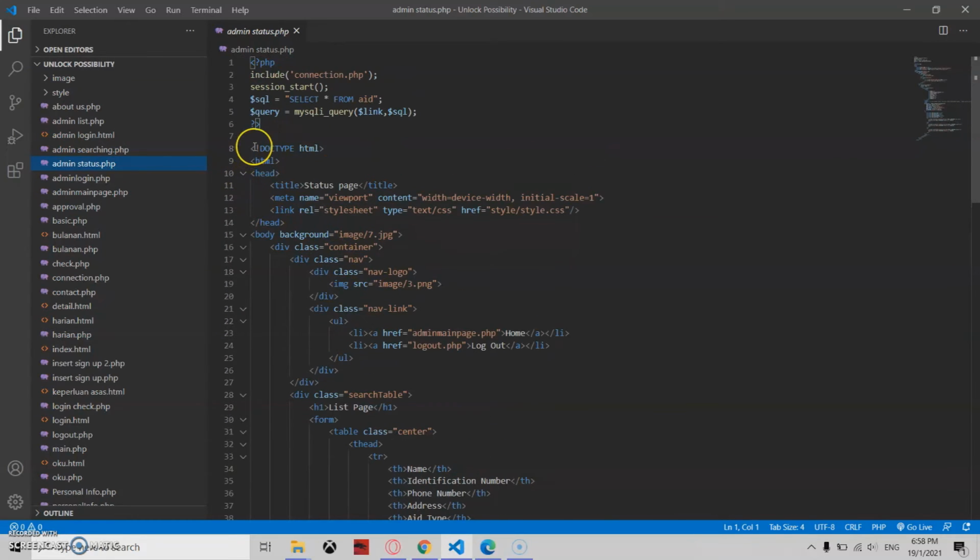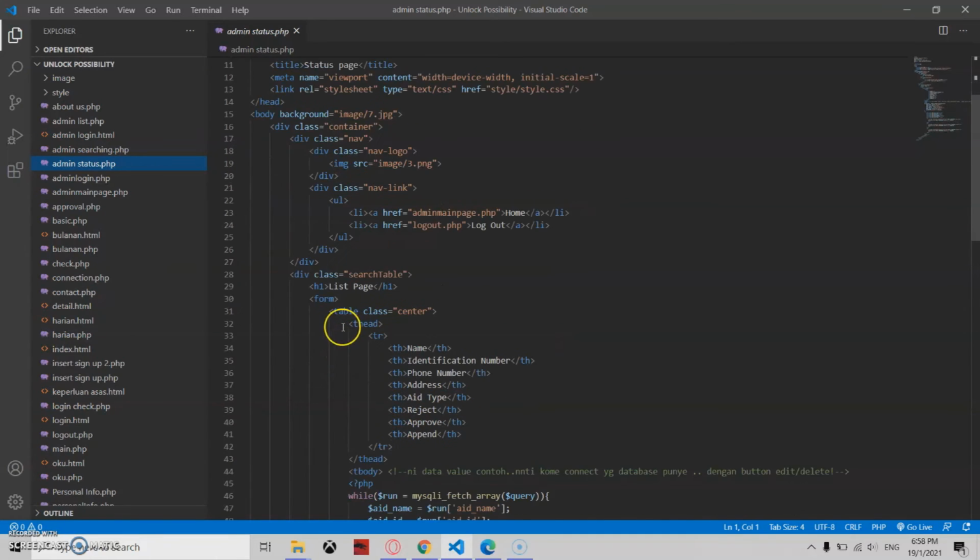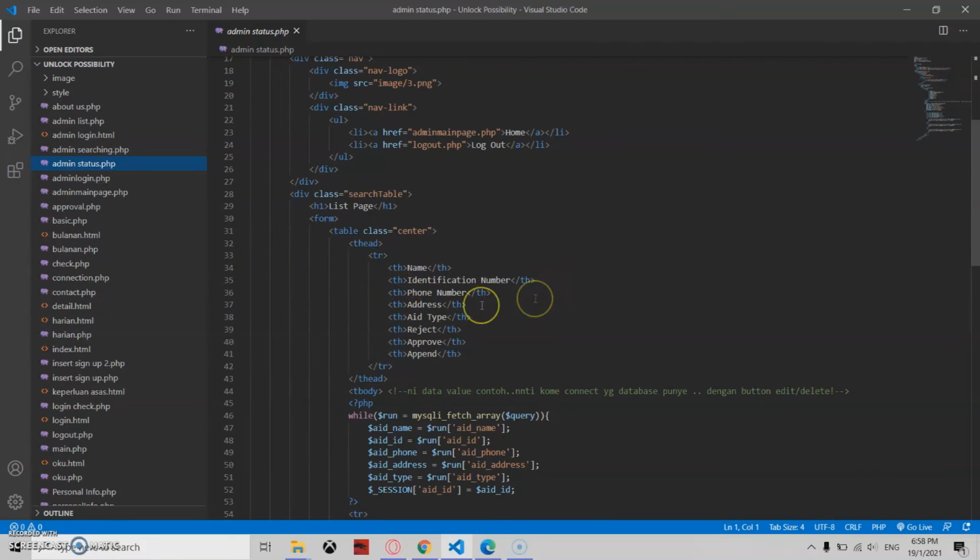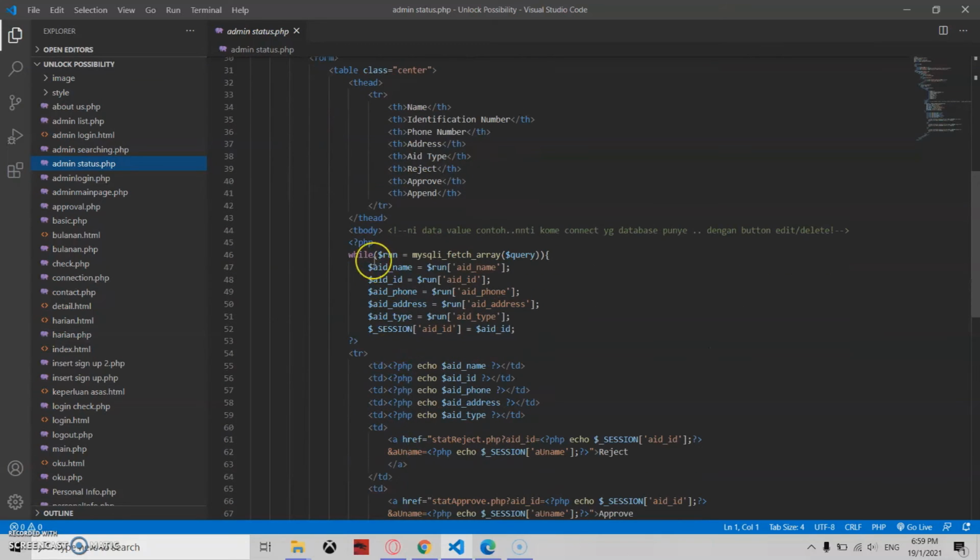Inside the HTML coding, we have name, ID number, phone number, address, every column, and this is same as the searching. We fetch the array of the table, we run, take the data from the database, and we put it into its own variable,